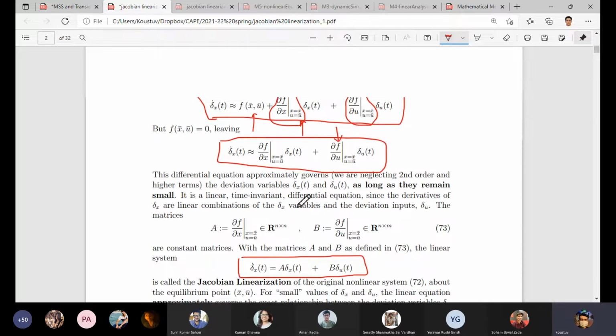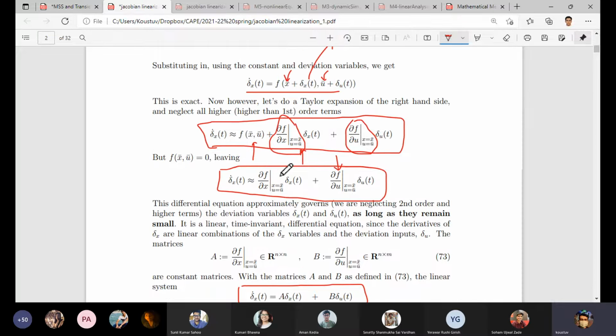So what are the Jacobians? Jacobians are basically those first derivatives, or differentials, with respect to x and y. So this is just for a single valued function f. Now if it is f1 and f2, then you can easily think that you will have a 2 by 2 matrix where there will be del f1 del x, del f1 del u,